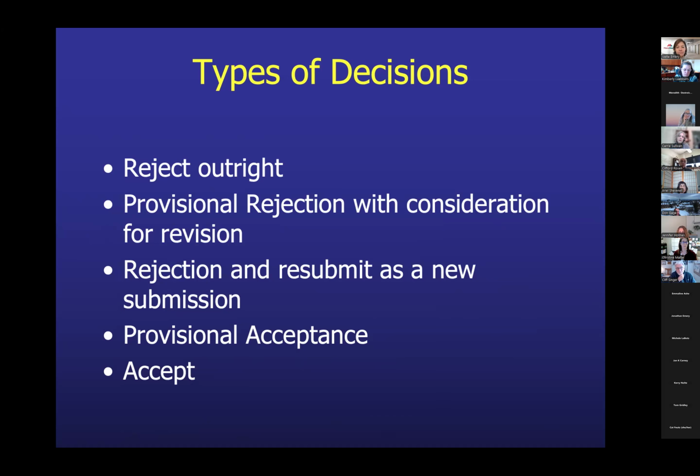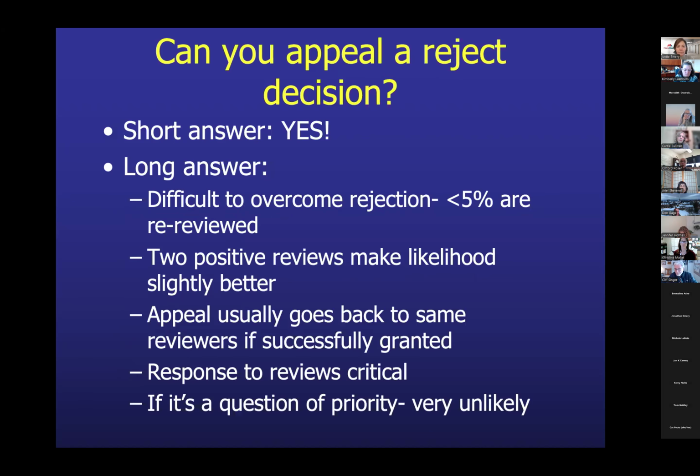And there are a number of different things. You'll see a paper that you submit to a journal, you might get an outright rejection, or it might say it's not acceptable for publication in its present form, but we would reconsider or we would consider it. And sometimes they say it is not acceptable. You'll have to redo the paper as a new submission, which is very, very difficult and oftentimes not successful. So anyways, these lead to a number of different outcomes for authors.